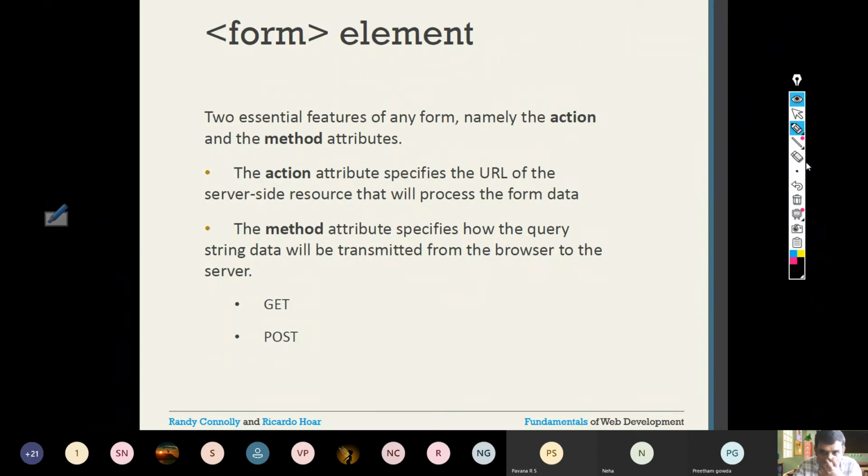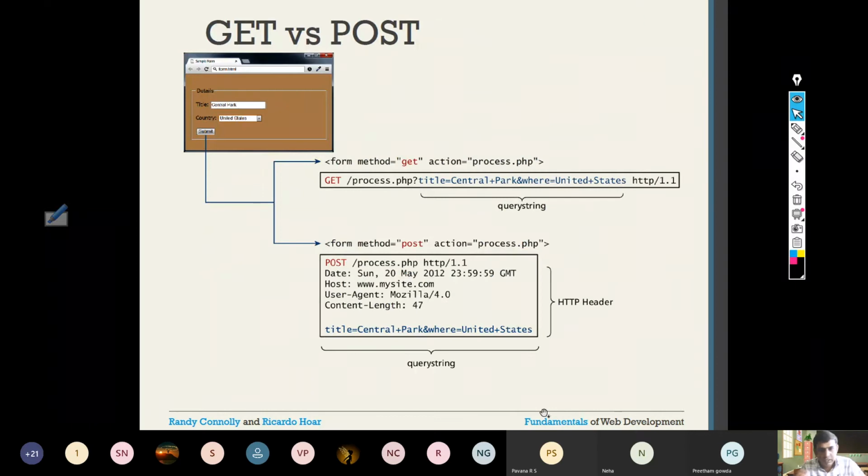Okay. So now let us see what the difference is between the get and post methods. It's quite simple. This diagram will clearly show you the difference between the get method and the post method.